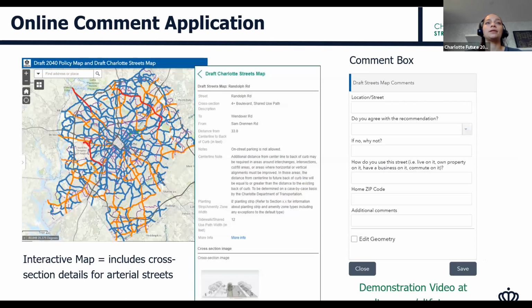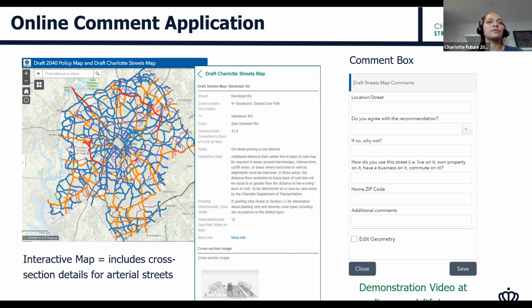We've come up with an online comment application for the streets map and the Charlotte Future 2040 policy map. And you can find the link in the chat. So I'll give you just a brief overview of what you'll see if you go to the application to comment on it. Once you open up the app, you will see the streets map and the Charlotte Future 2040 policy map layers.